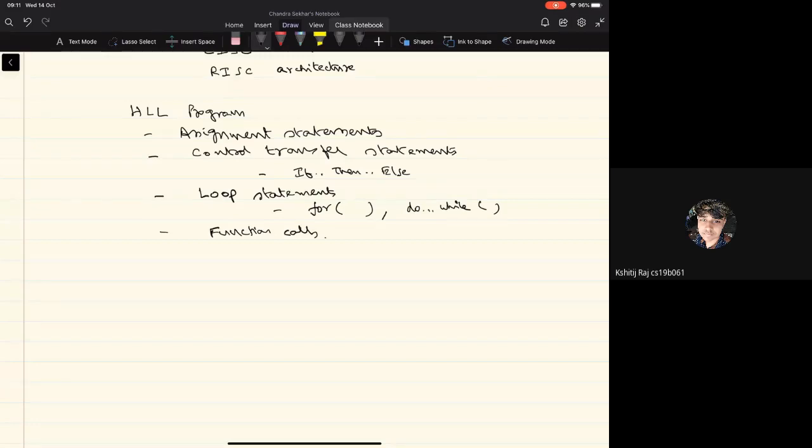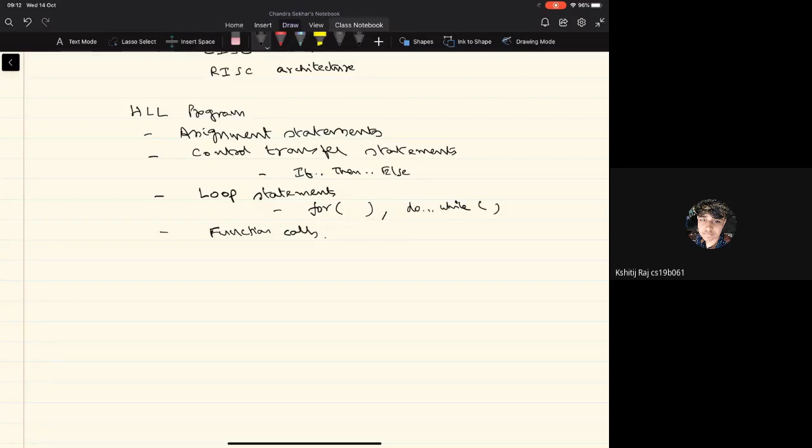And one thing is, we'll map each of the statements in the high-level language program into a sequence of what are called machine-level instructions. And each instruction we are referring to as a machine-level instruction can be executed by the processor as an entity, where there will be an operation to be carried out, and there are operands on which the operation has to be carried out, and the result of the operation has to be stored in another operand called the destination operand. And we need to look at how to represent this operation, how to represent these operands, both the source operands as well as the destination operand.